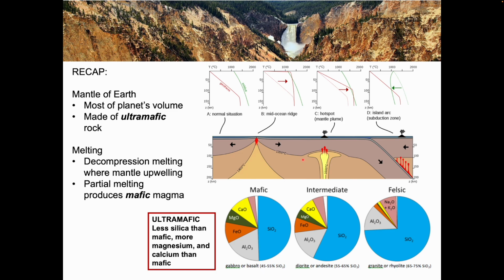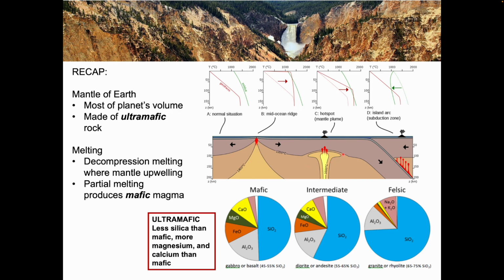Also recall that the mantle occupies most of the planet's volume and is made of ultramafic rock. That is rock that is comparatively extremely low in silica and enriched in iron, magnesium, calcium, and other trace elements. This rock can melt either by decompression melting, where hot mantle rock, remember it is solid rock though it is plastic, rises at somewhere like a mid-ocean ridge and melts as the pressure decreases and it comes closer to the